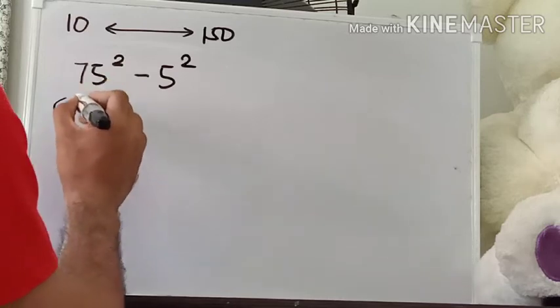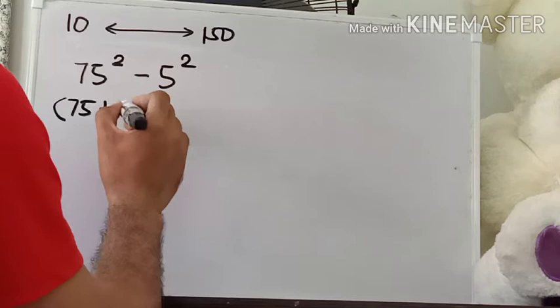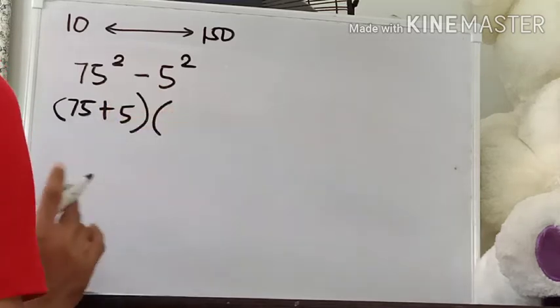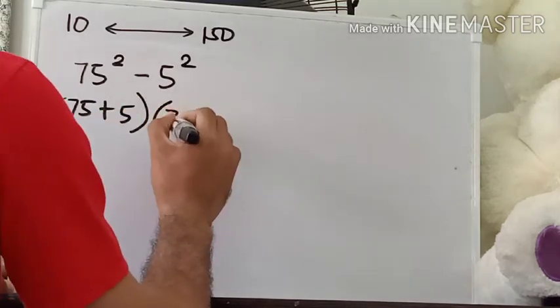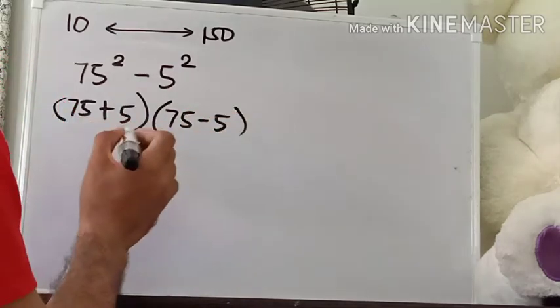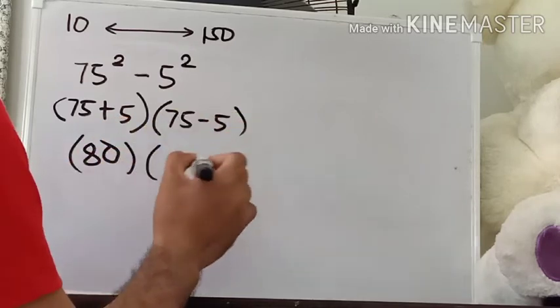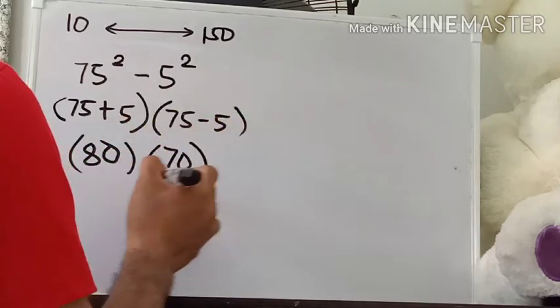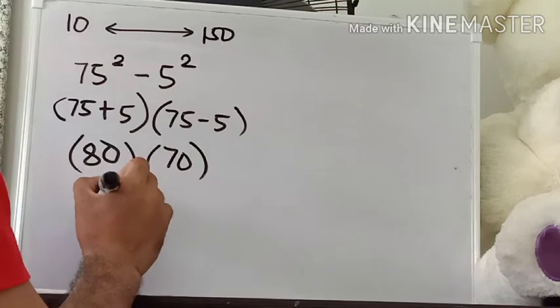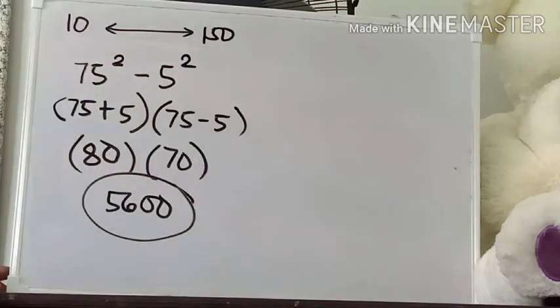So the square root of 75 squared is 75 plus the square root of 5 squared is 5, times the difference of those two terms, 75 minus 5. And simplify further, 75 plus 5 is 80 times 75 minus 5 is 70. 80 times 70 obviously is 5,600. So, the sum of all odd integers between 10 and 150 is simply